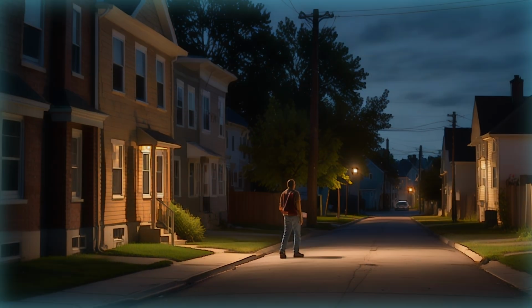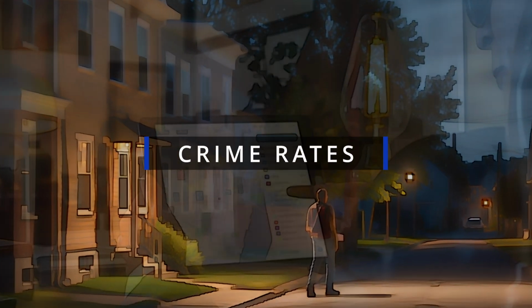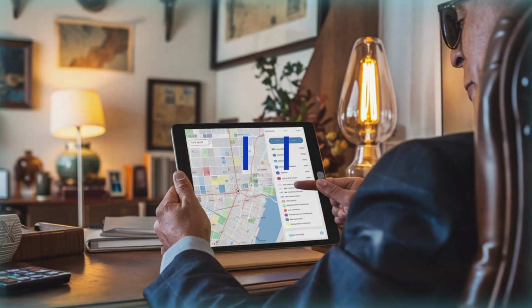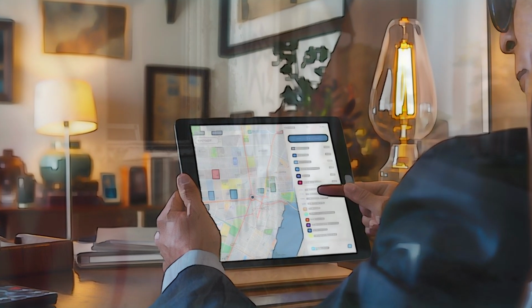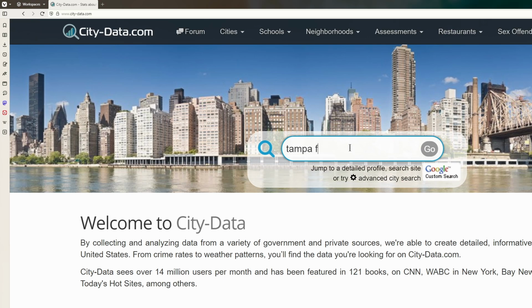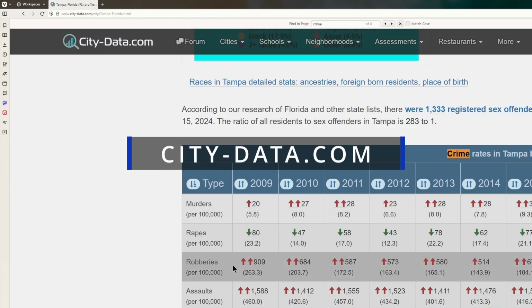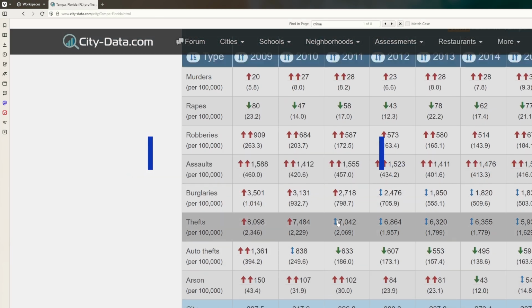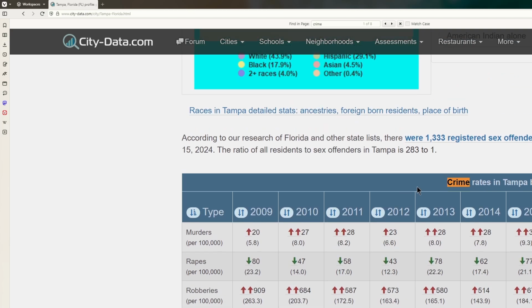Crime rates. Safety is a top priority for most buyers and renters, making crime rates a crucial factor in market analysis. High crime rates can deter potential tenants or buyers, leading to longer vacancy periods and lower rental income. To analyze crime rates, citydata.com provides detailed crime statistics for specific neighborhoods, including information on types of crime and trends